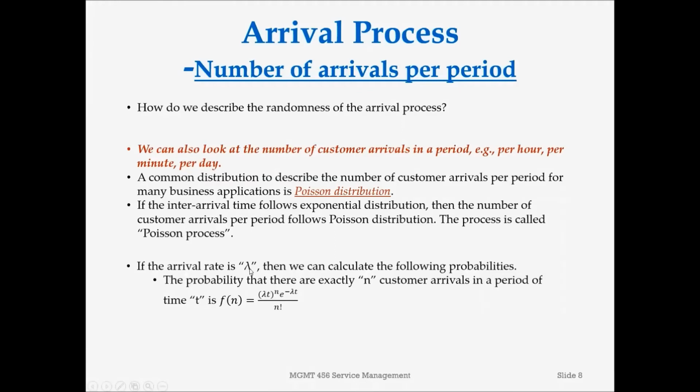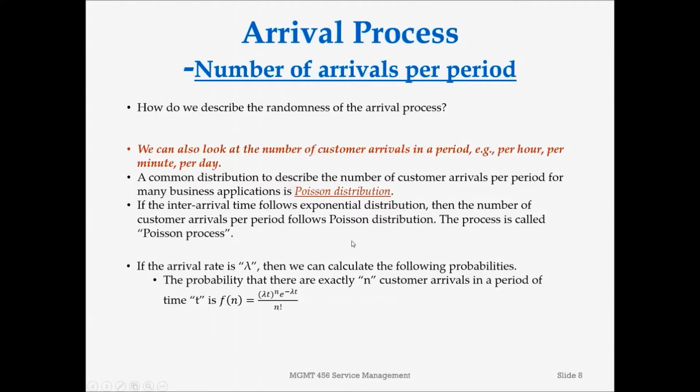So if the arrival rate is lambda, it can be per hour, per minute, per day, then we can calculate the following probabilities. The probability that there are exactly n customer arrivals in a period of time t is equal to, this is a little bit complicated formula. First of all, we have a power function. Here, n is the number of customers. Then we have an exponential function. Then underneath, we have n